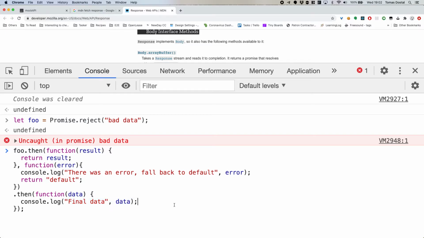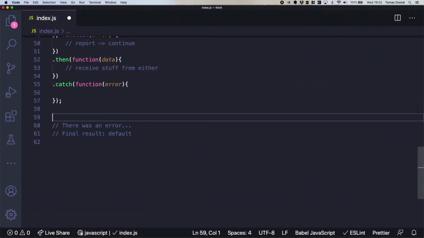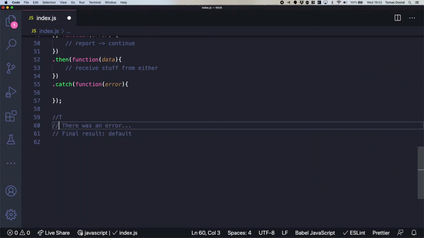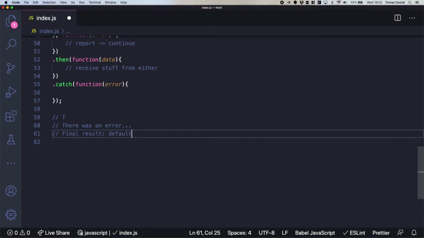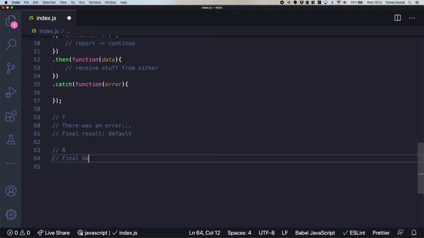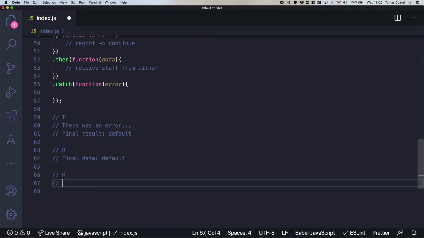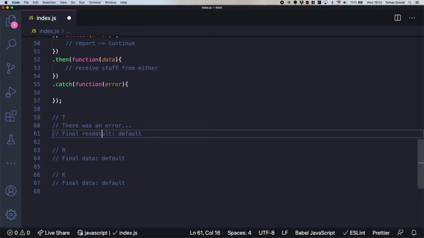Yes. What about you, Christina? I think the same. It returns final data default. Is the fact that default is a text, it no longer is a promise, then, or is there a trick there or something? No, it's still a promise. Got it. Okay. So this is what you think? Yeah. Right.